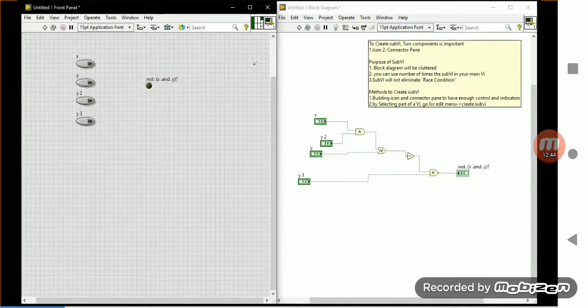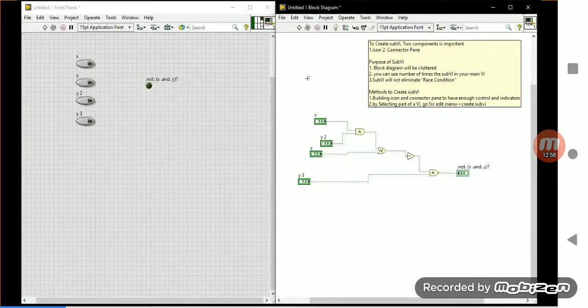How will you edit your icon? Only one method is available to edit the icon, okay? So right click on that icon, so go for edit icon, okay? I am not going to do the editing of the icon, okay? You know how to edit the icon, okay? So while doing any VI, make a proper icon edit. Don't do some irrelevant icon editing over there, okay? Depend upon the problem what it is trying to tell. With the help of the help window, try to make an icon over there, okay?